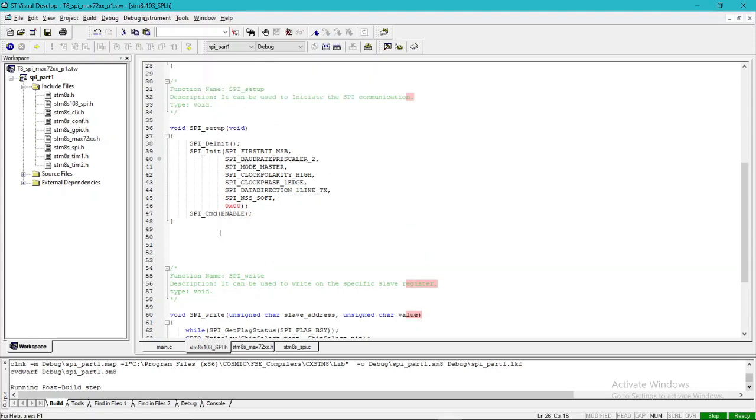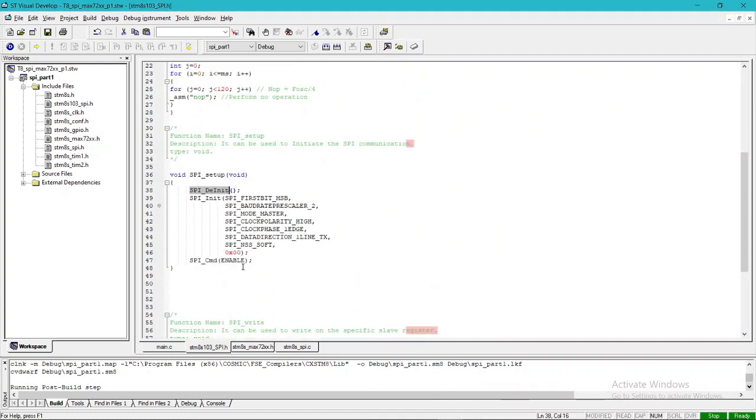Then we have the SPI setup function. This function can be used to initialize the SPI communication, and I have used the SPI deinit function to deinitialize any previously started SPI communication at the startup of the microcontroller board. Then I use the SPI CMD, then we have the SPI init.